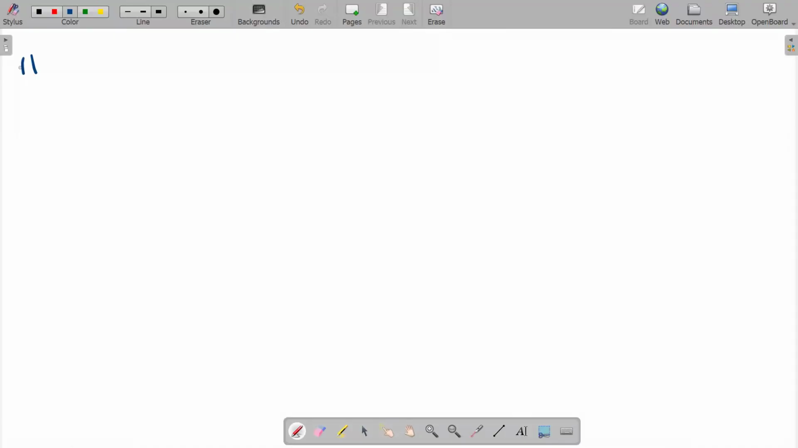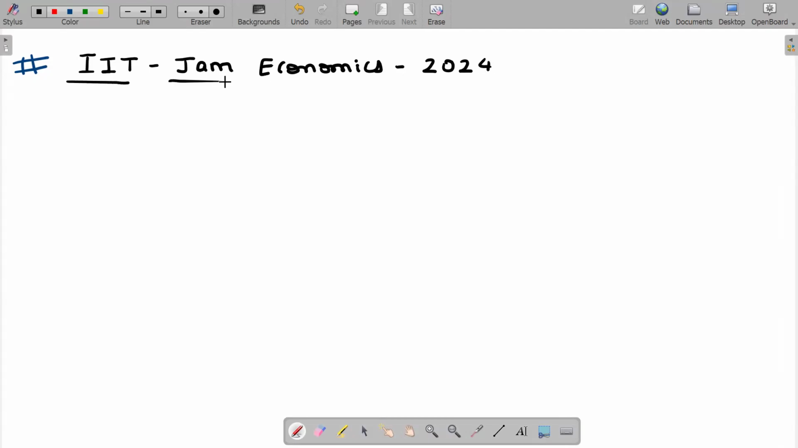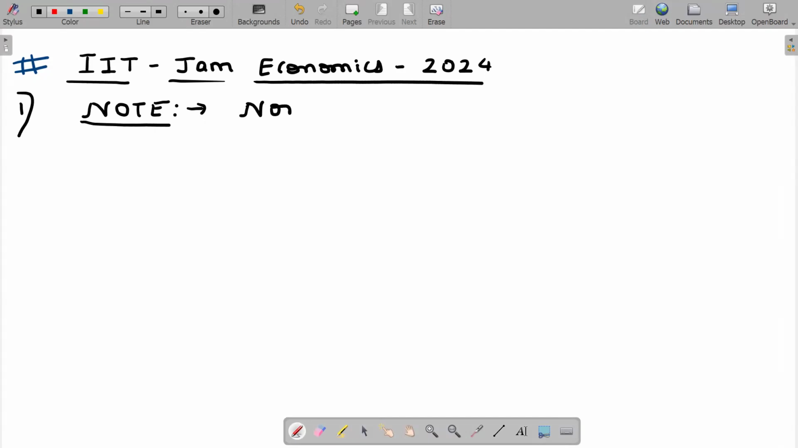I'm coming to the whiteboard. I'm writing the main heading first just for completeness. We are looking at the IIT Jam economics paper. This is the 2024 question paper we are discussing. And for question number 1, I'm making all students write a note. Students can write that non-parametric